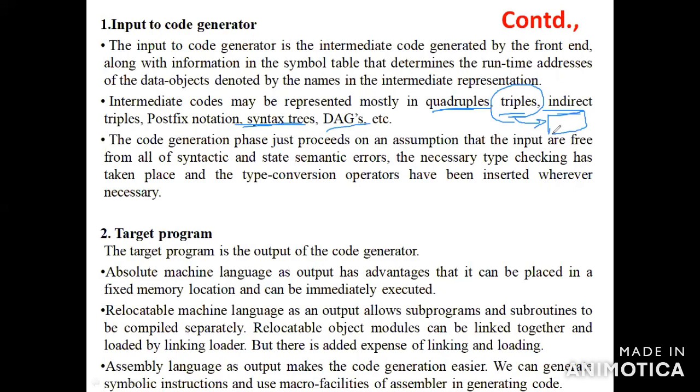Okay, so these data objects are generated by the intermediate representation. The intermediate representations are such as three address code, quadruple, triple, indirect triple, notation, and the graphical representation of syntax tree and DAG. Okay, this is the next point. In the code generation phase, the intermediate code is generated by the front end. Based on the input from the front end, it should produce the target machine code, so the target machine can easily manipulate it.